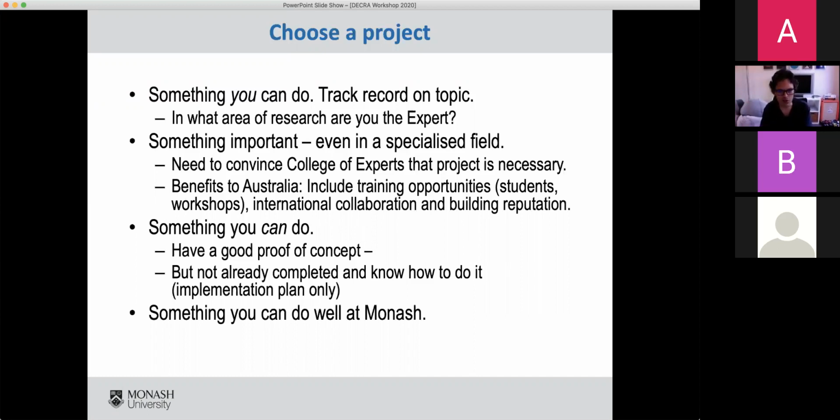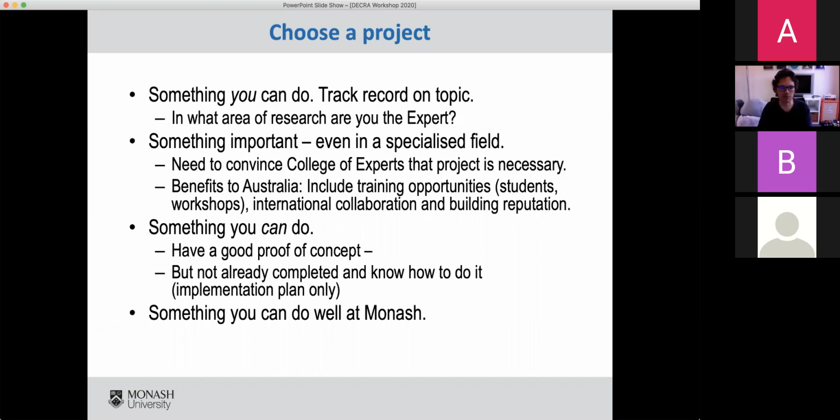So it needs to be something that you can do. So you need to have some track record on the topic. This is not necessarily track record on the exact thing you're going to do. This is track record that positions you to be the person to do what you're planning to do. You could bring related expertise to a topic, so that your track record positions you as the perfect person to innovate in this area that you're moving into. That might be a case where a little bit of pilot data could help, a little bit of literature scanning or something like that. But it needs to be something where you can make a difference and that your background positions you to make that difference.